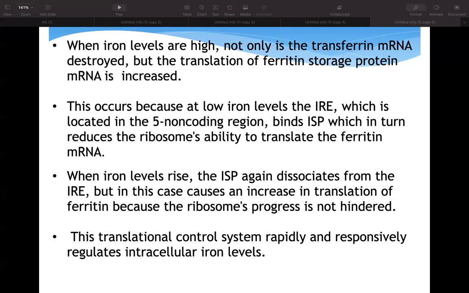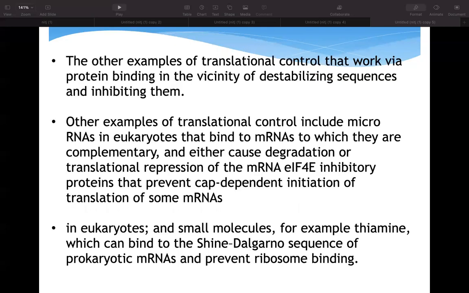This translation control system rapidly and responsively regulates the intracellular iron levels. And we can see another example of translational control is the protein binding in the vicinity of destabilizing sequences and inhibiting them in translational control. And another example of translation control includes microRNAs in eukaryotes, which bind to the mRNAs,